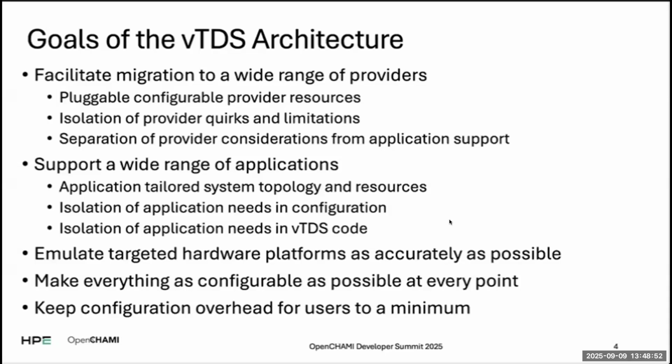and then isolate the needs of a particular system that we're modeling for that application in the configuration of the tool, while isolating the needs of the application deployment mechanism in the VTDS code, the logic that actually deploys OpenShami or whatever other application. And then we can unplug that and plug in something else and go. And then the next step is